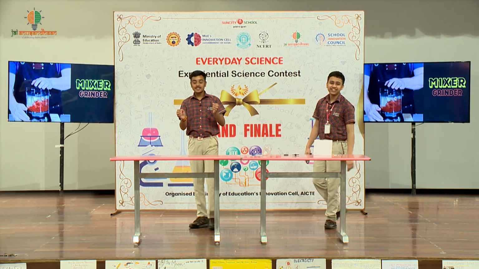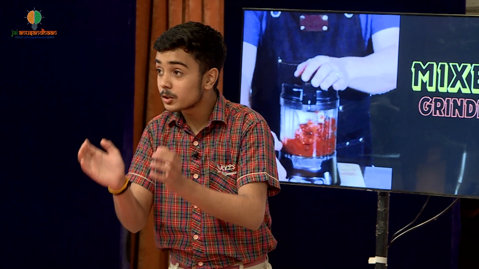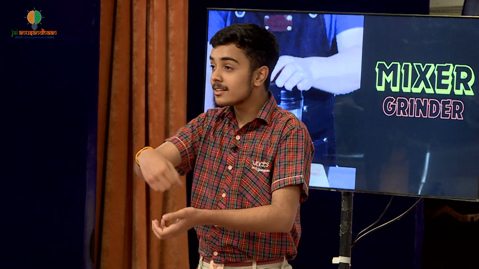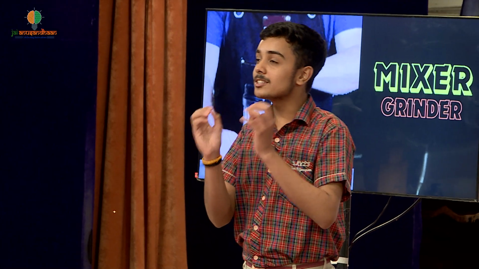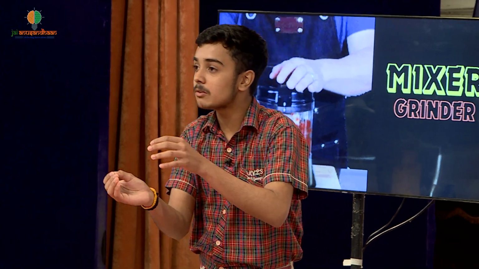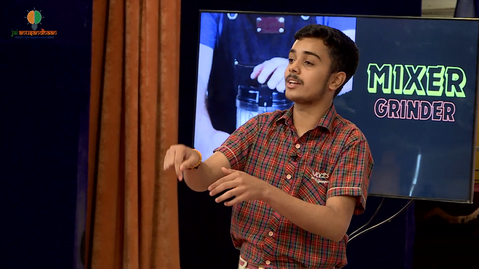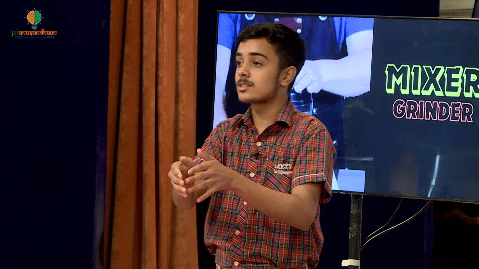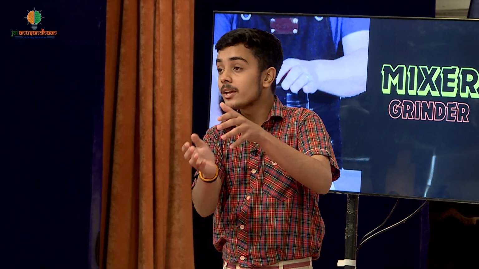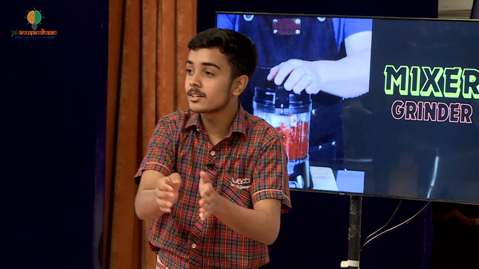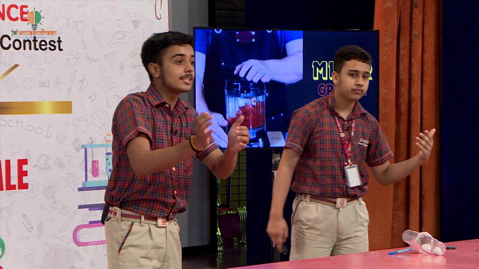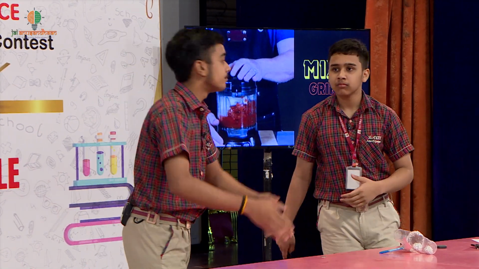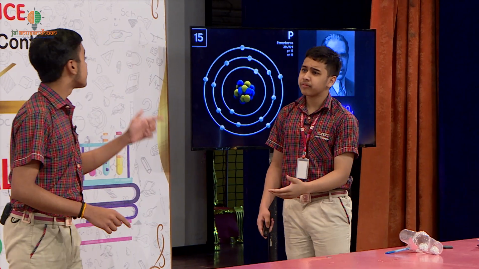So, there we grind them. But do you know, in those machines, there is a circular motion and a force which looks like a centrifugal force from the center of the mixer or grinder towards the vegetables or fruits. But even here, there is a normal force being exerted from the walls of the containers or the machines towards the vegetables and fruits at the center. And this force is the centripetal force.